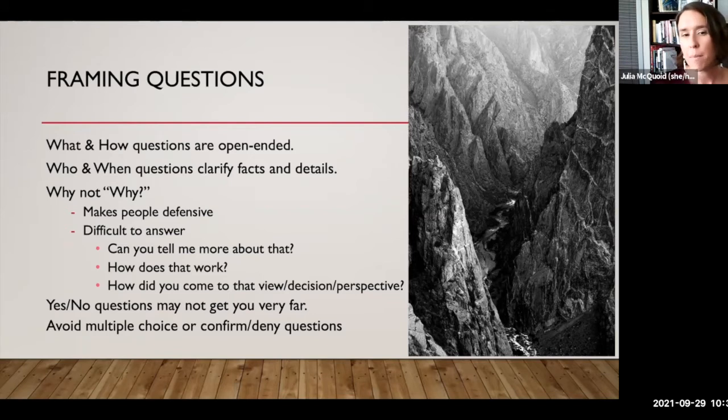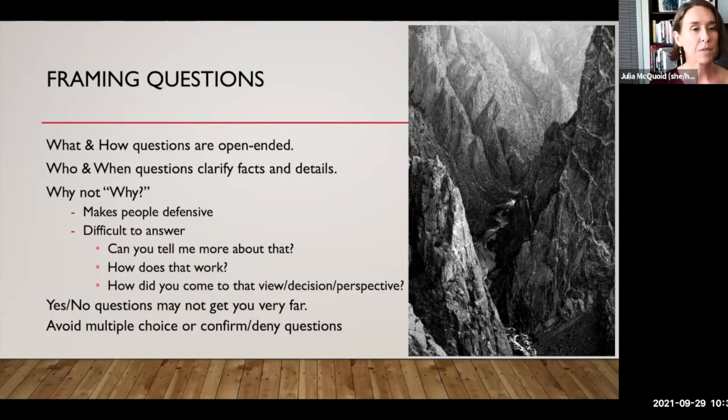And how did you come to that point of view or that decision or that perspective, instead of why do you feel that way? Yes and no questions are not going to get you very far in terms of getting nice, juicy, rich interview content for your analysis. We do need to ask yes or no questions when we need to just get details in order to understand important facts that help us to understand the story the person's telling, but we don't want to ask questions that are going to get us very short